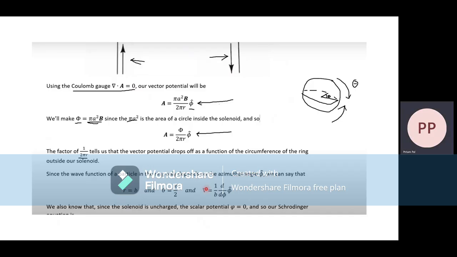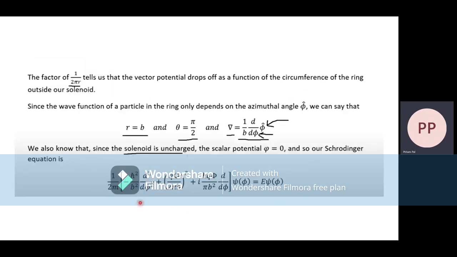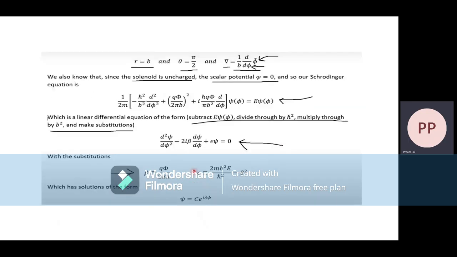So the factor of 1 over 2 pi r tells us the vector potential drops as a function of the circumference of the ring outside our solenoid. And these are the things that I've told you. We also know that since the solenoid is uncharged, the scalar potential is zero. And our Schrodinger equation is this, so simply plug in all the values,